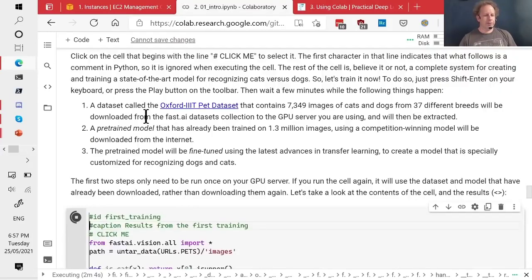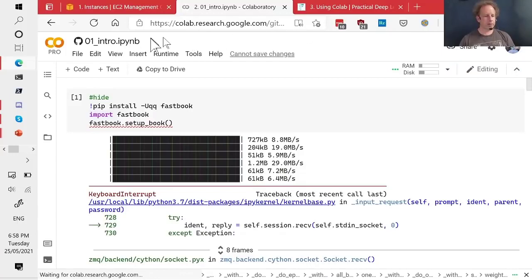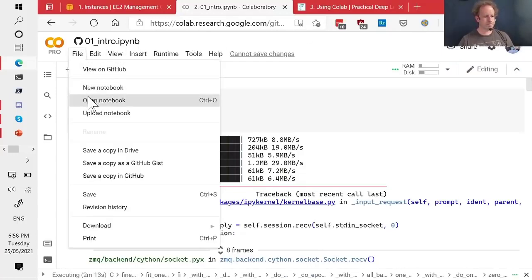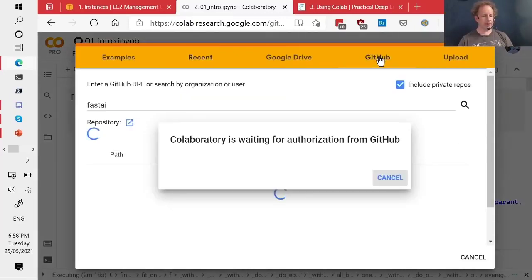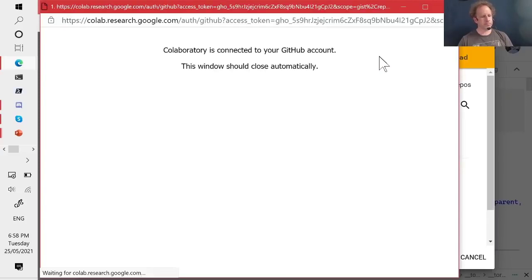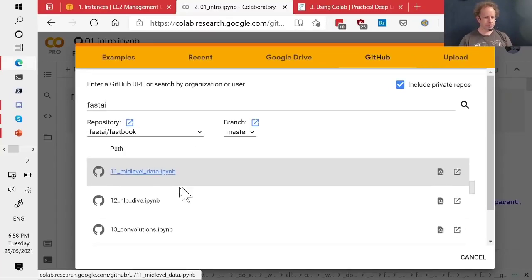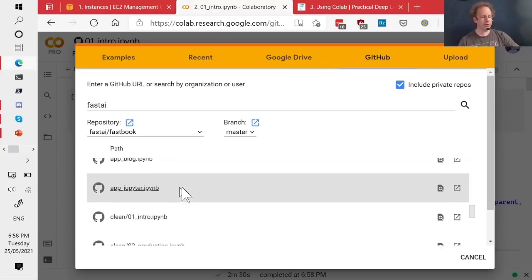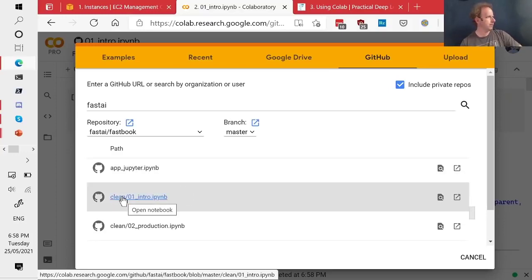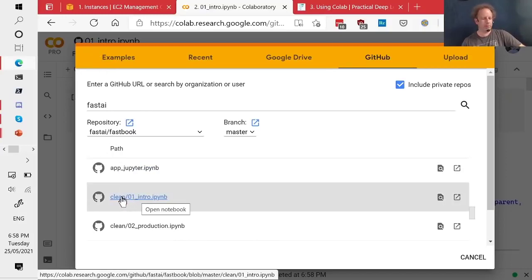Now, what you can do is open a notebook, and you can open a notebook from GitHub. And here is the Fastbook repository. And you'll see in the Fastbook repository, for every notebook, there's a second copy inside the clean folder with the same name. I was just looking at 01 intro. There's also a clean 01 intro. If I open that up,